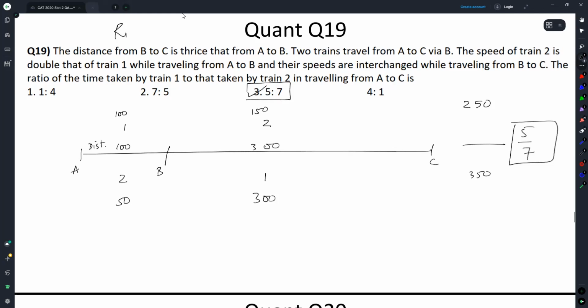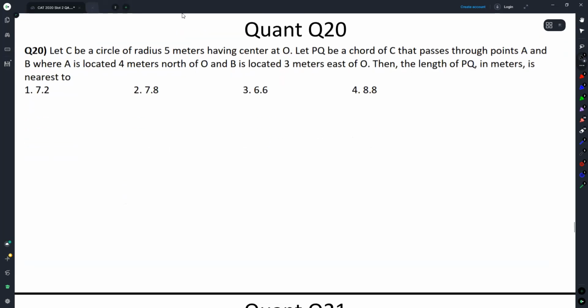When only ratios are given, why is me taking precise values not giving me any bother? Because finally also we need ratio only. Precisely, people. Very nice. If they had asked me something specific in meter per second or kilometer per hour, then I could not have done this. Then I would have had to check it out. But right now, doing this is acceptable. Okay.